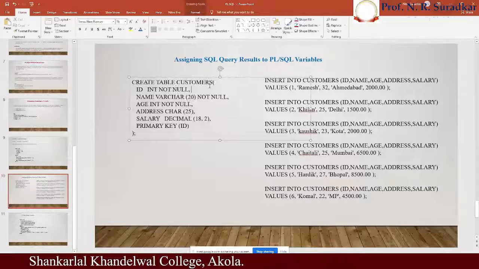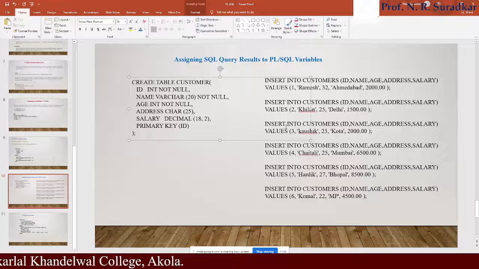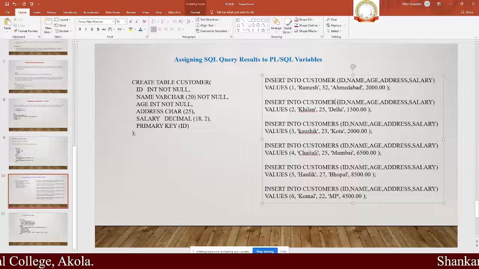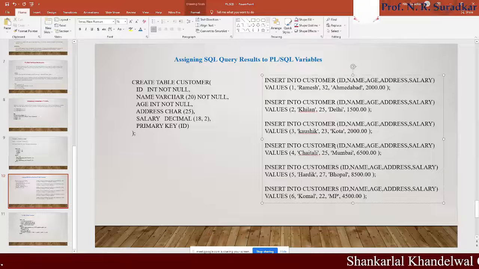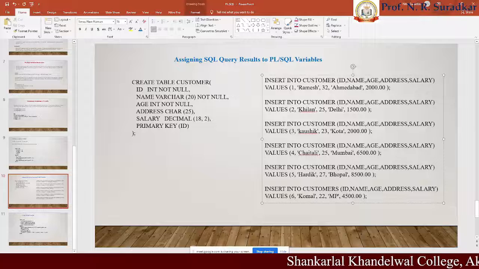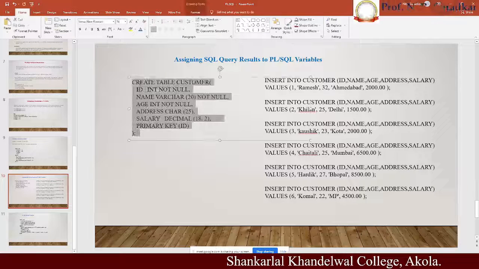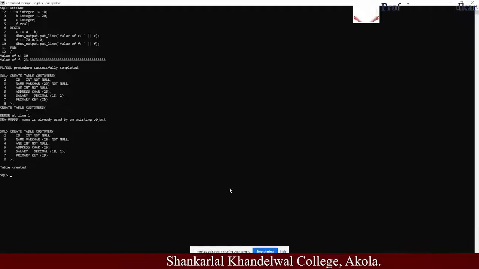That's why we have to choose or change the name, because the same name is not allowed in the database. Okay, copy from here, go to the window.